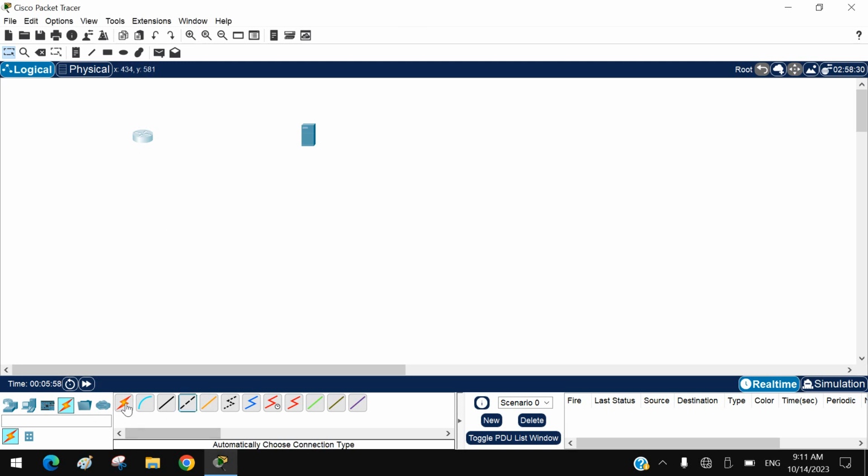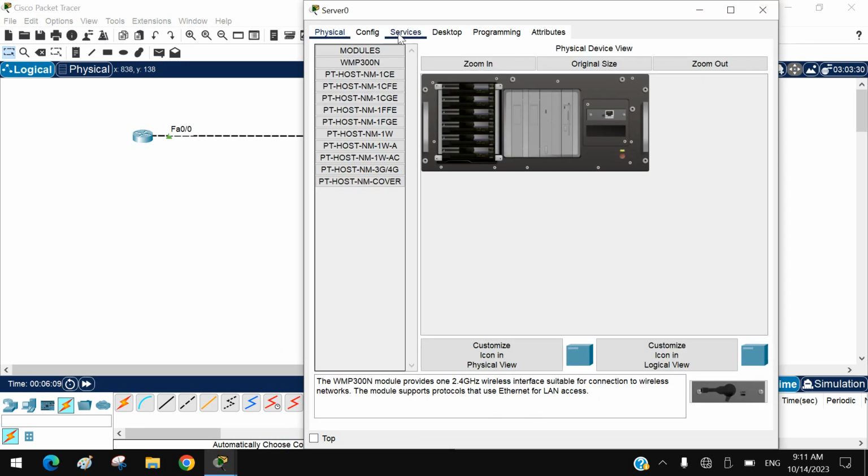Crossover cable to my server. Now what I'm going to do in the server, let me open the server, and in your